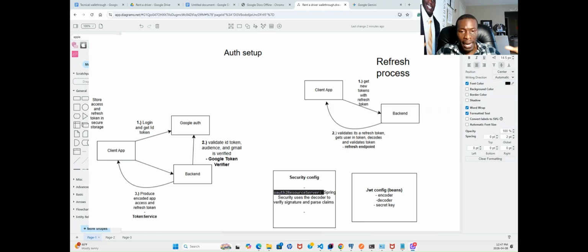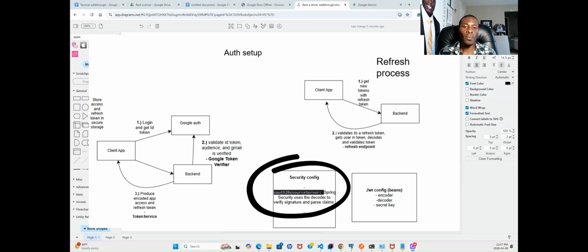And again, thinking from a high level, what's really going on behind the scenes? We're using Spring Boot. Fortunately, Spring Boot has a lot of machinery that helps us deal with these tokens, in particular the JWT tokens that we're going to be issuing the client once we verify that they've successfully logged in with Google. I'll show the code, but there's a security configuration that we set up with Spring Boot, where we tell Spring Boot that we want to use tokens, and that we want a token every single time there's an API call, and then Spring Boot is going to help us validate that token based off